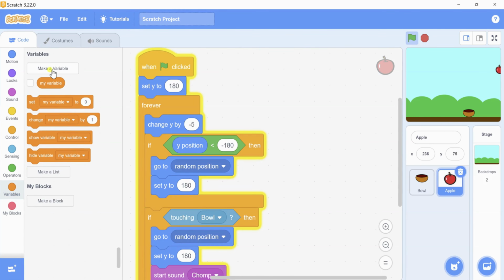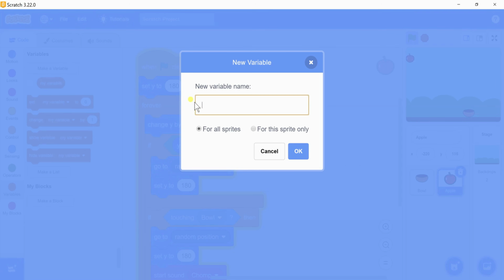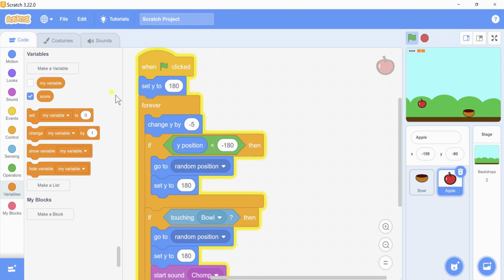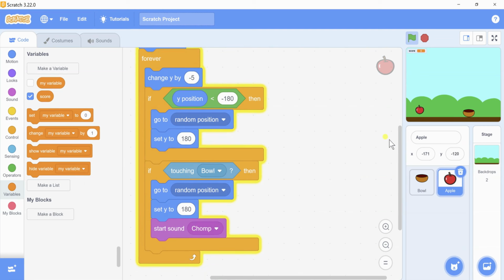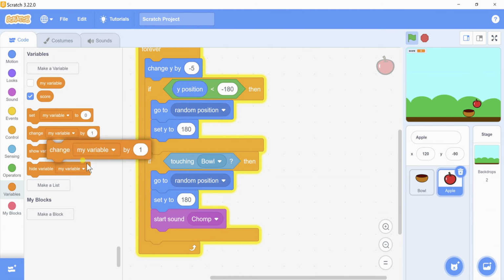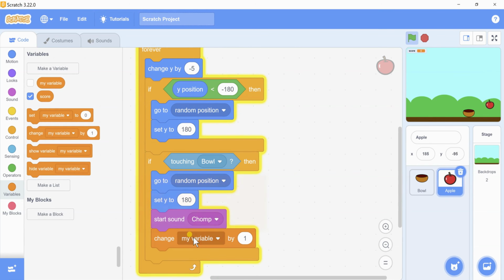There is an option that is make a variable, and here I'm typing score and pressing OK. So you can see it here, the score has been added to your project. The score at the initial time is 0. So I am setting the score to 0, and when the apple and bowl touch, change score by 1. You can see it here. That's great.